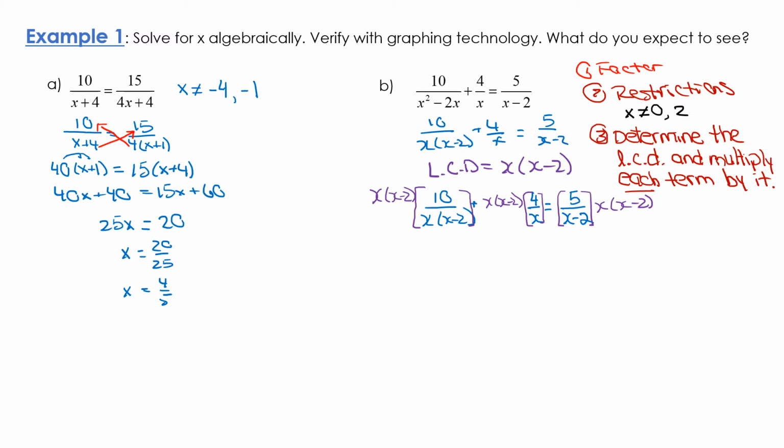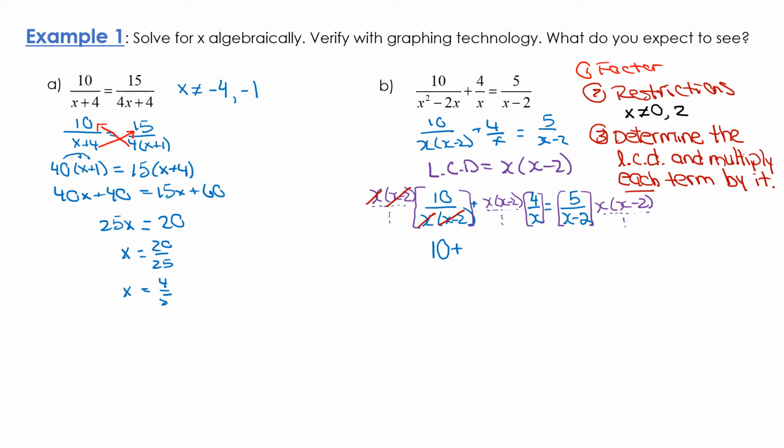So remember this x times x minus 2, each one is all over an invisible 1. It's not over x times x minus 2. It's a common mistake with fractions to think that whatever your numerator is, your denominator is as well. Students think 2 is the same as 2 over 2. Of course it isn't. The reason I like this method is it gets rid of the denominators. So this monomial x will cancel out with this monomial x. This binomial x minus 2 will cancel with this binomial x minus 2, and I'm left with 10